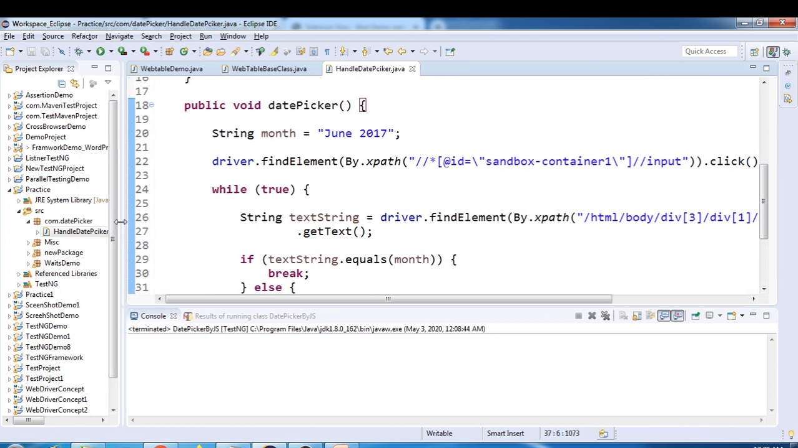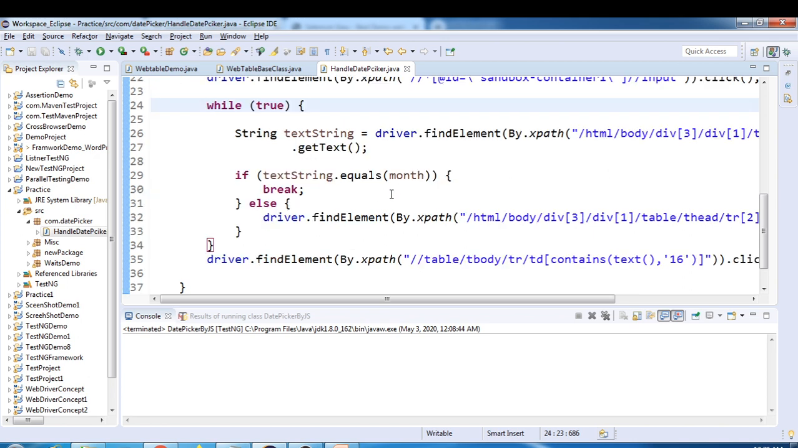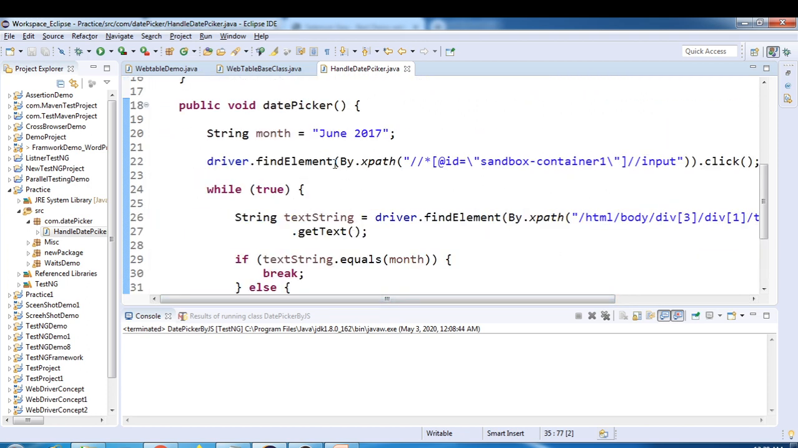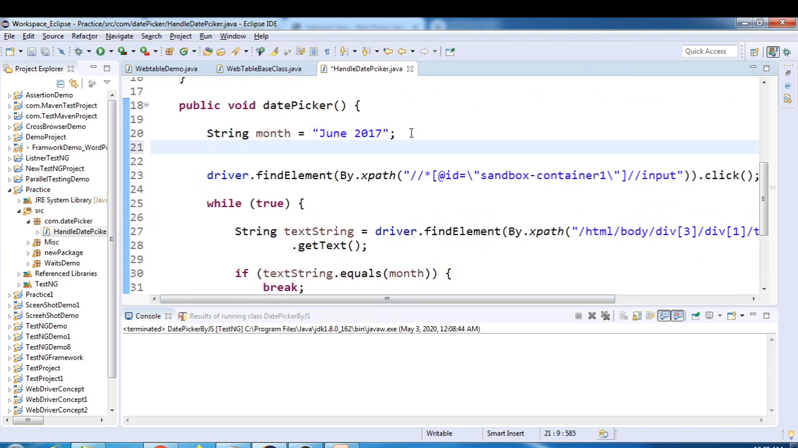So far we are good, and here we have hard coded this value, right? So instead of that, what we can do, we'll provide day as well. So let's say I want to select 13 June. Okay, so this is how you can do, and put semicolon over here,